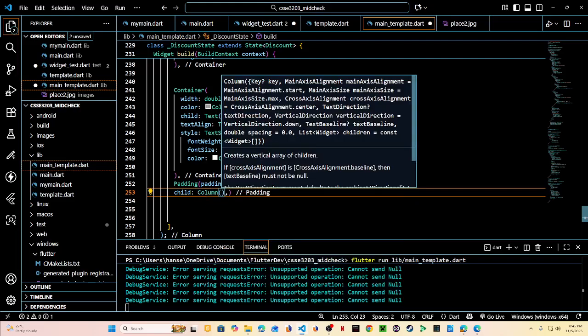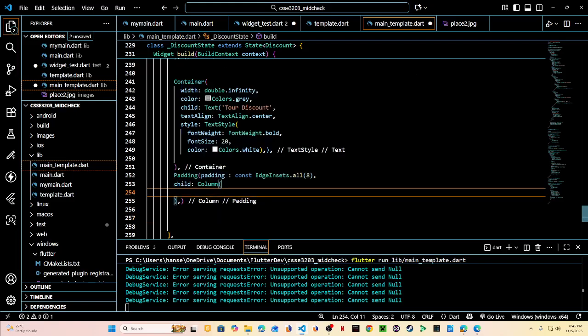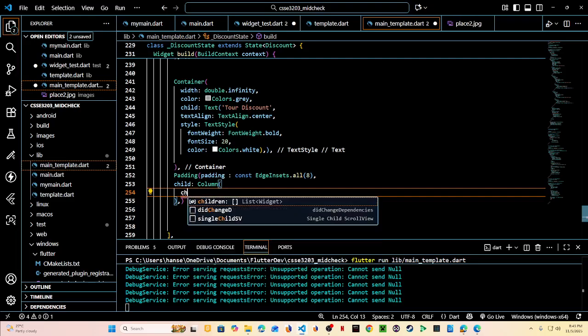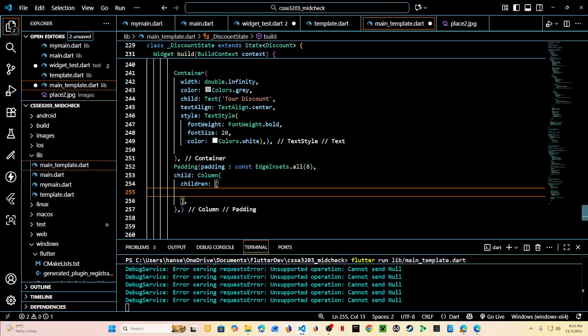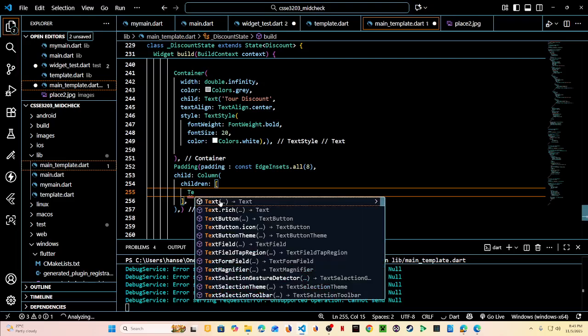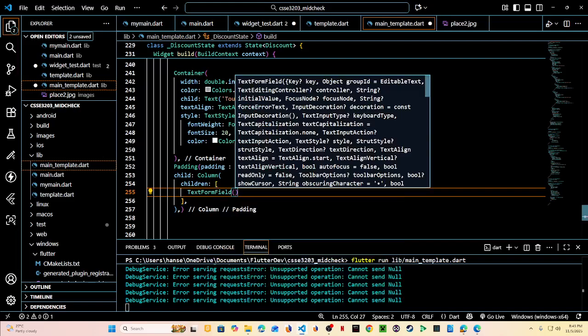This column we're going to divide once again into an array here, and we will just use children so that we could have multiple widgets over here. For the meantime, this will be a text form field. So this will be our widget, the text form field, and probably later we will put some